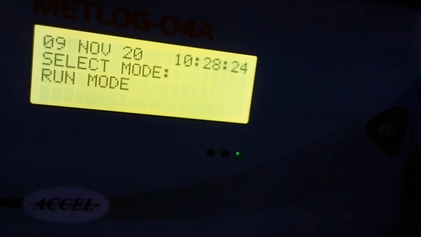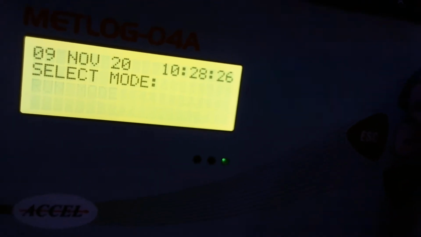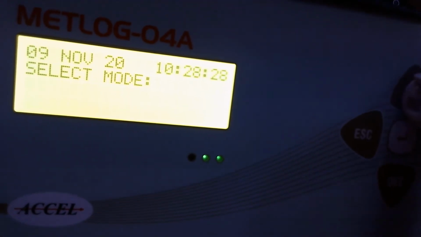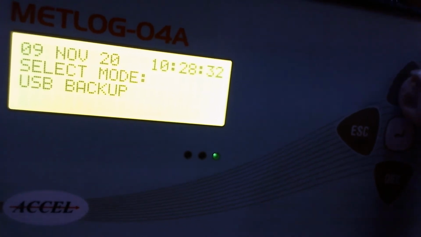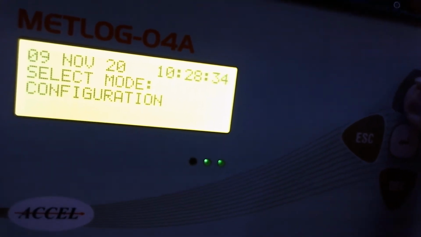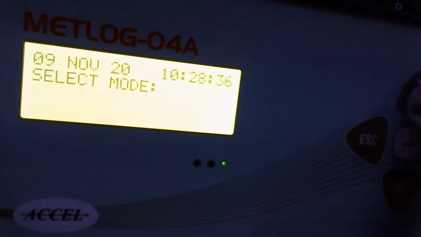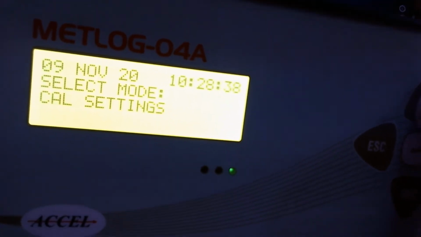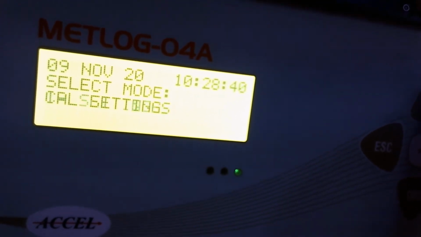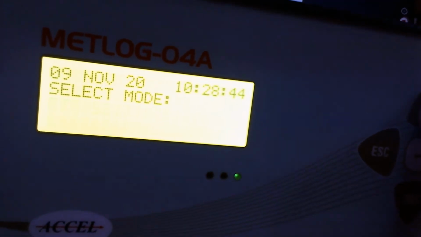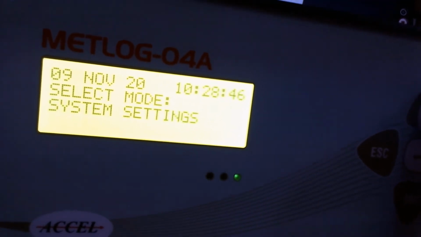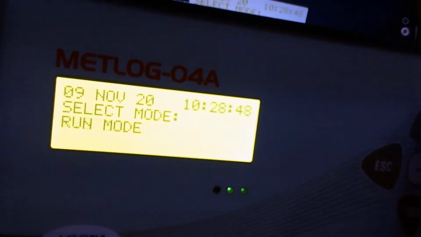Again I will show you. First mode is run mode, second mode is monitor mode, third mode is USB backup mode, fourth one is configuration mode, calibration settings mode, then IP settings mode, FTP settings mode, then system settings mode.